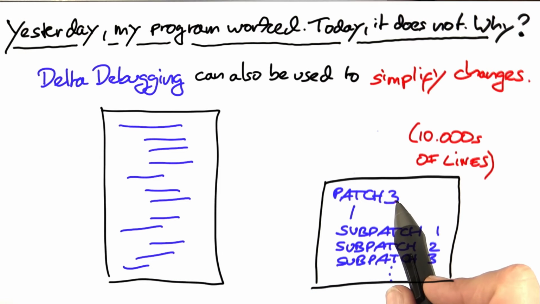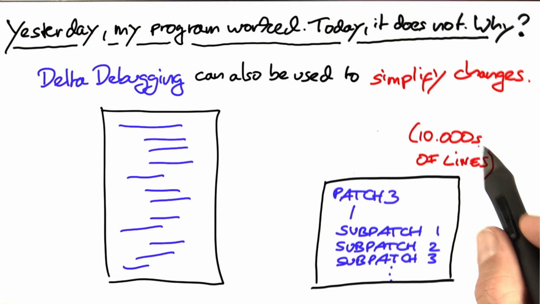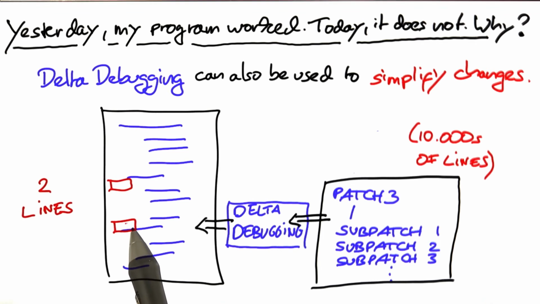So if your original patch would have been 10,000s of lines long, then chances are that delta debugging reduces this to just 2 lines, or another very small set of locations in your code, for which you then know that if you change these 2 lines, the failure will occur, and if you don't change them, the failure will not occur. This approach for determining the culprit for a regression has also been named the blame-o-meter